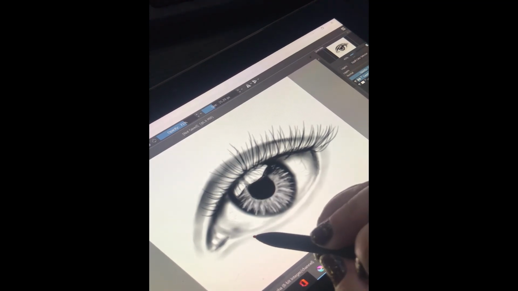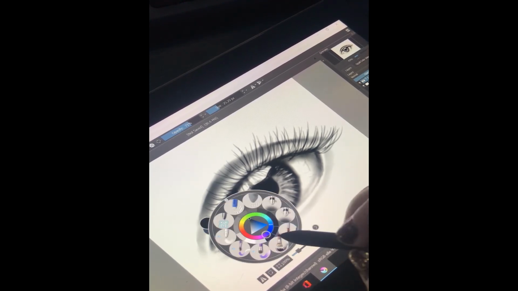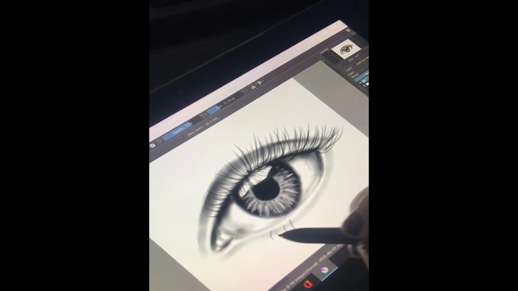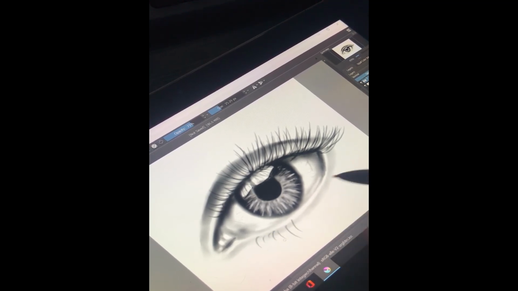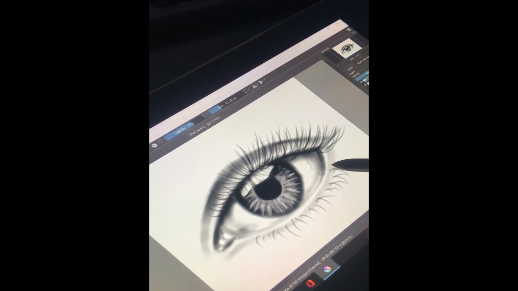Okay, so they only come out of this bottom line, not from this top inner one. If you do it from the inner one, it's going to be off. I learned my lesson. I did it wrong one time. So, like I said, random. Same kind of concept with the lower lashes. The more they cross and go in different directions, the more realistic it's going to appear. So that's definitely the way to go